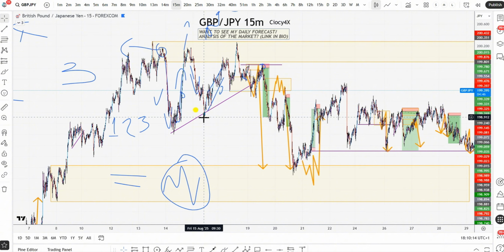And maybe there's a liquidity here, or maybe there's equivalence in here, or maybe there's an imbalance here, maybe here. No, your target has to be already pre-established way before anything. It has to be part of your plan, rules, data, whatever you want to call it, of your trading plan. That is a must.